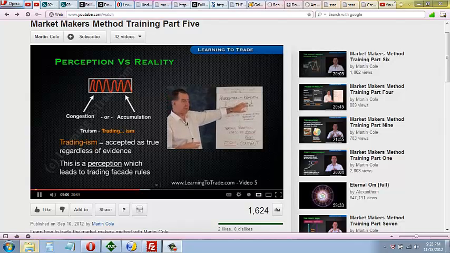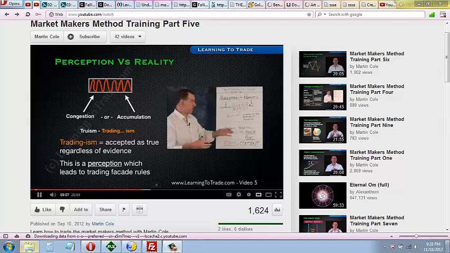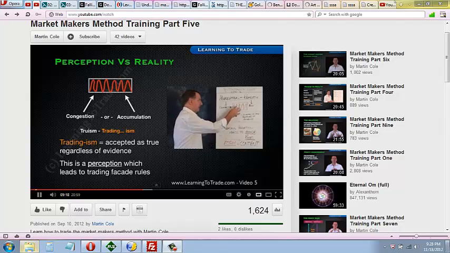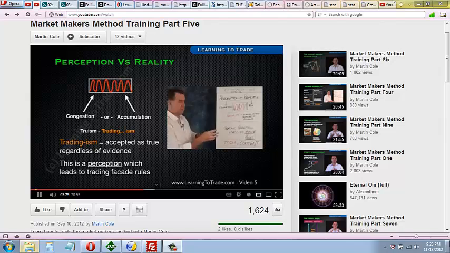This is accumulation phase, or we could say it's a profit release phase if we see the market going up. But I'm more talking about just generally the market going up a little bit, where we start to develop those beliefs. So a truism is something we accept as true regardless of the base fundamental evidence of the market maker's business. What is presented to us as an image, what we